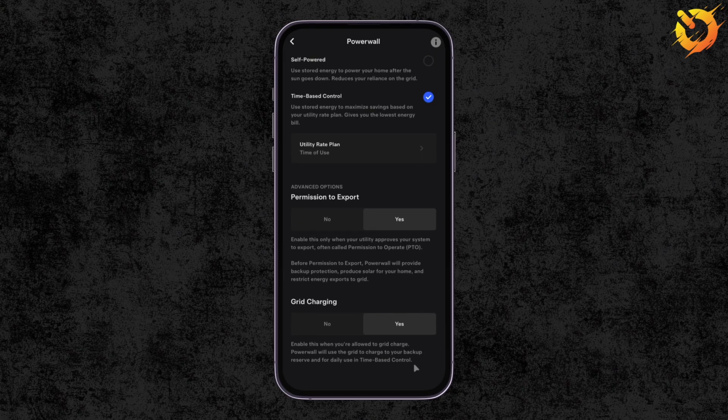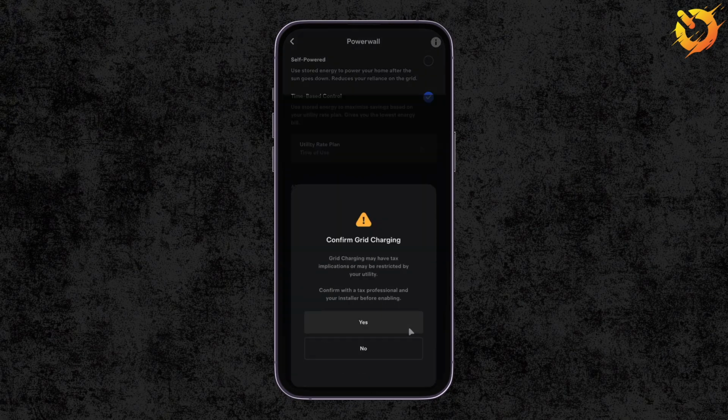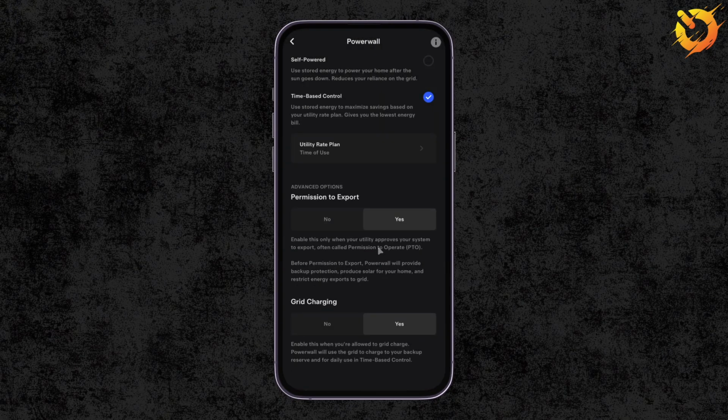If you are on a time of use rate plan with off-peak and super off-peak rates, I would recommend toggling this to yes. You're going to get a pop-up. Go ahead and select yes again, and then you'll be good to go. The reason we recommend grid charging is just because it'll really give you an extra advantage to maximize your utility's rate structure. So let's go back out to settings, hit the arrow up in the top left of the screen,